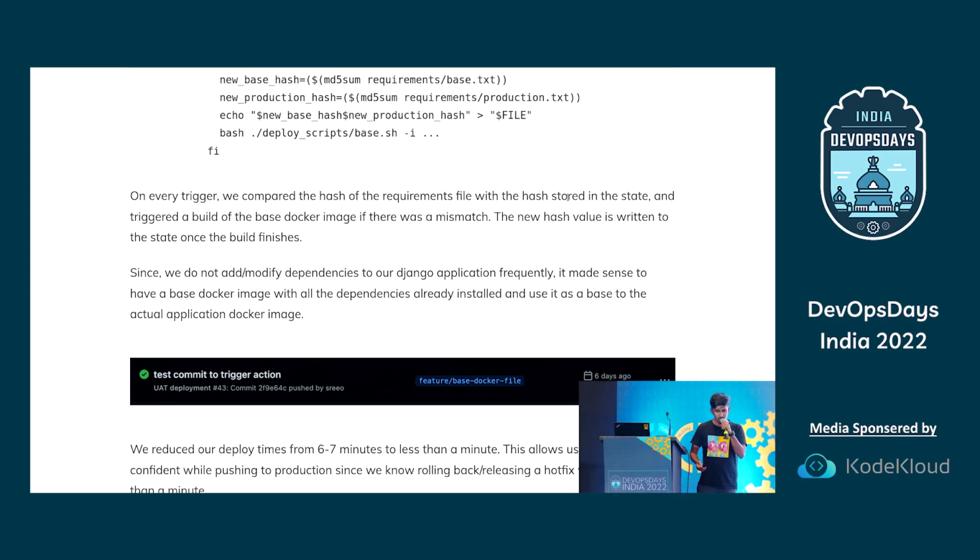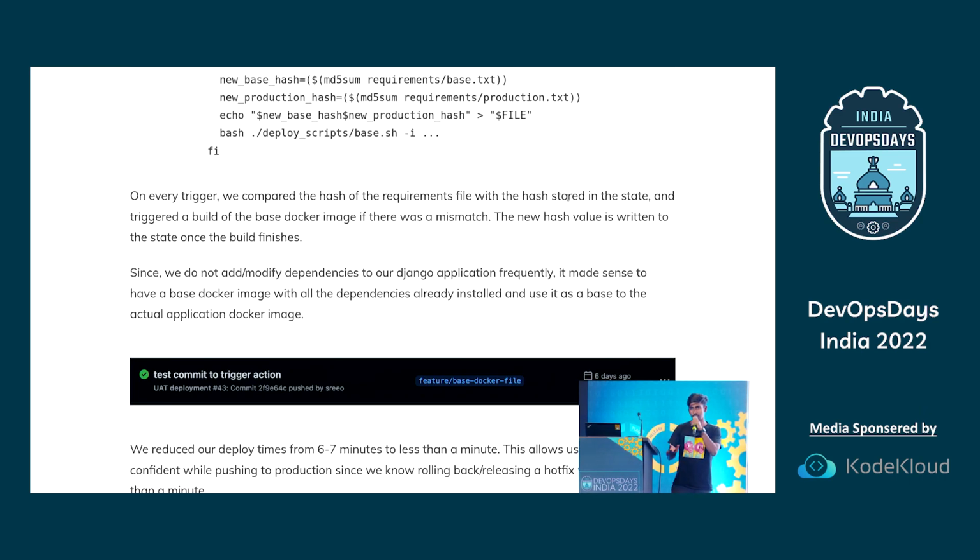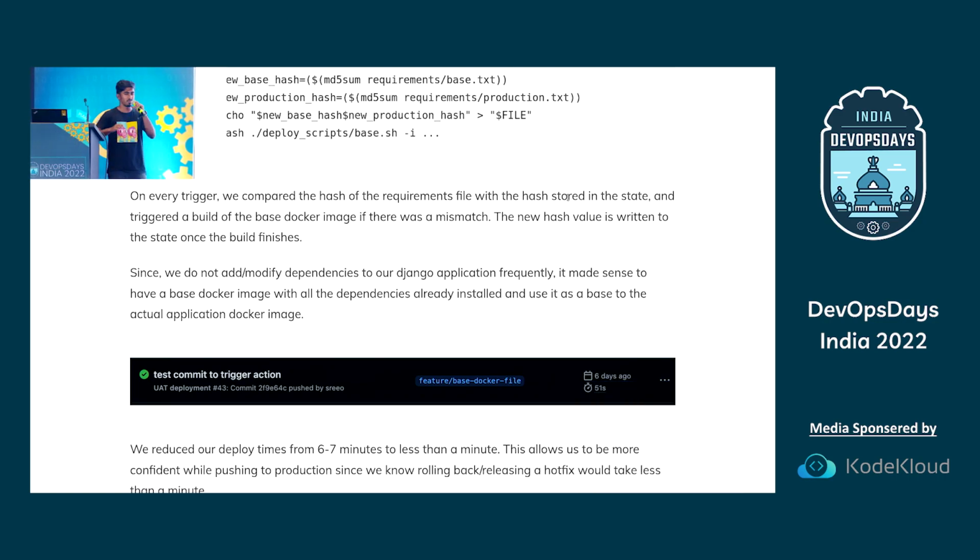I came across a plugin called GitHub State. Let's say you run a GitHub action, you can store some state, and when you run an action again, you can go back to that state and see what has changed. Building the requirements while building the Docker image took 80 to 90% of the time. Whenever devs were pushing changes to production, most of the time it was not changes to requirements or new dependencies, it was mostly code changes. But every deployment triggered a new build of requirements and everything. So what I did was,